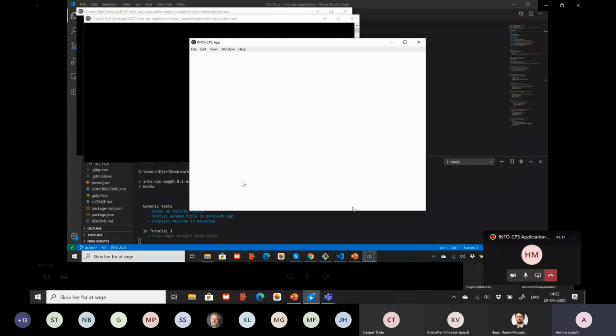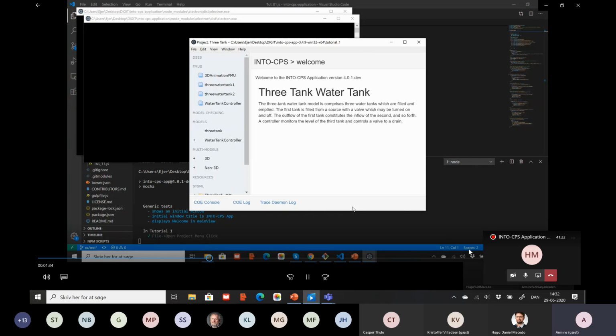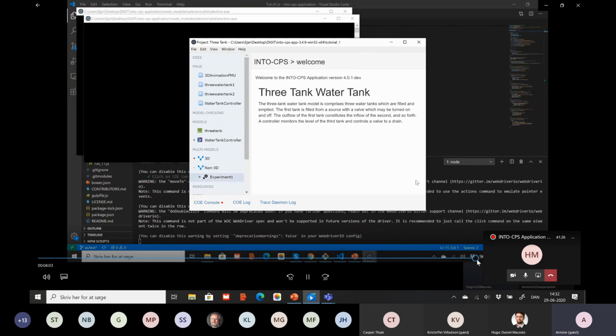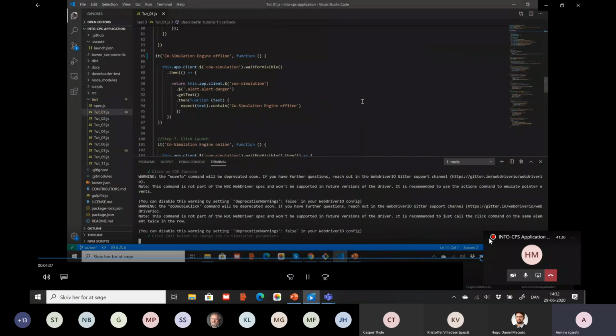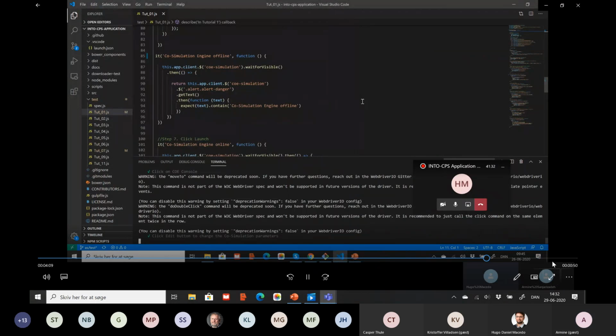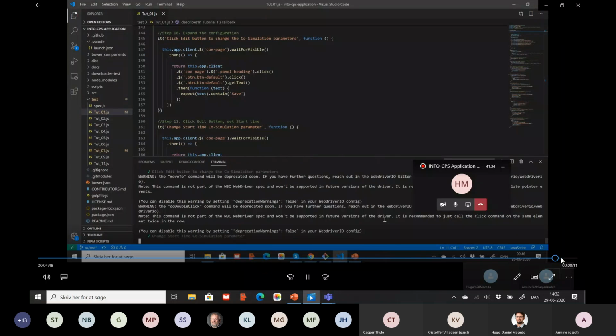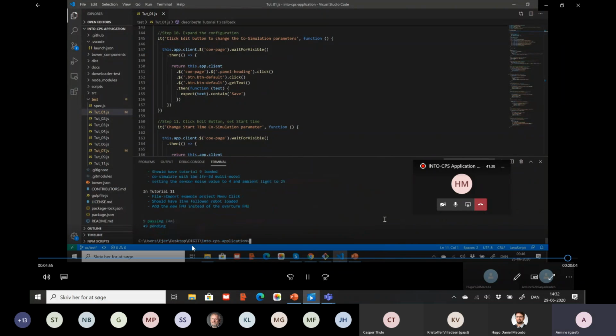I think I will go to the end of this demo and show the result, because we are in a bit of a hurry here. And we can see that 9 tests are passing.